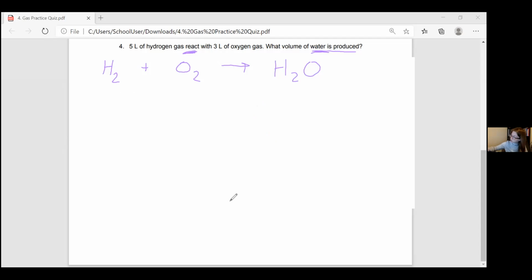I need to balance it though. A 2 there will fix my oxygens. A 2 there will fix my hydrogens. So now I can see, is it limiting reactant? Is it stoich? Is it volume to volume? Anything like that? Looking at what they give us,